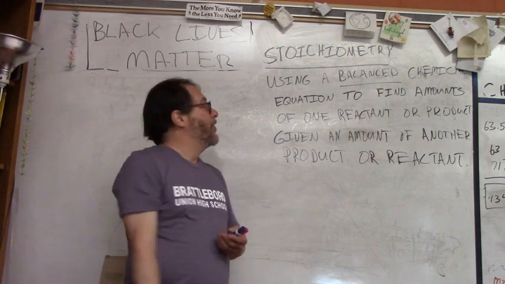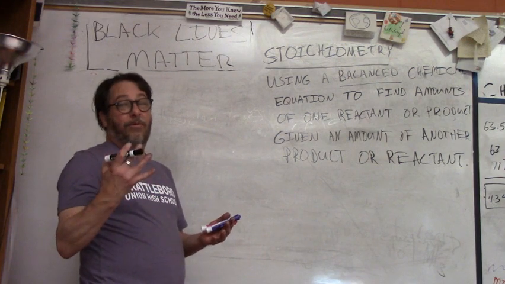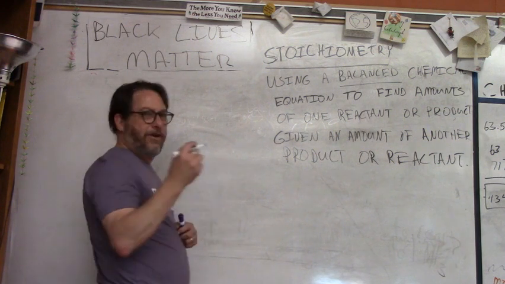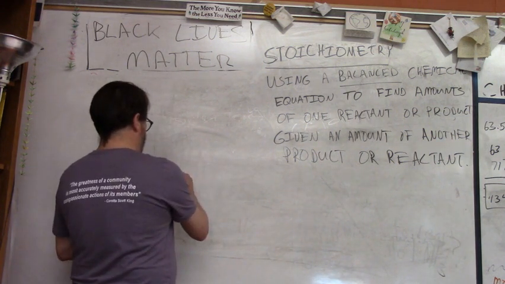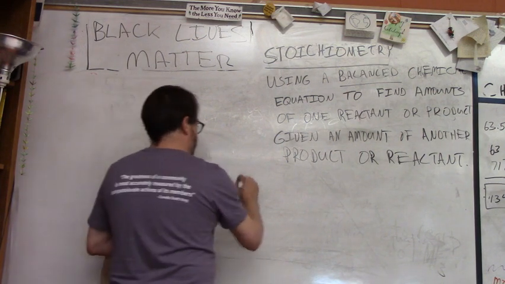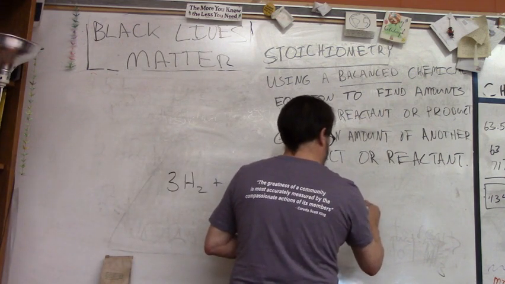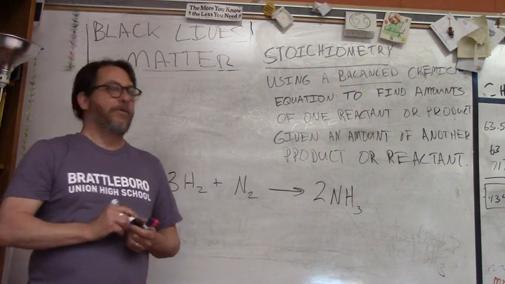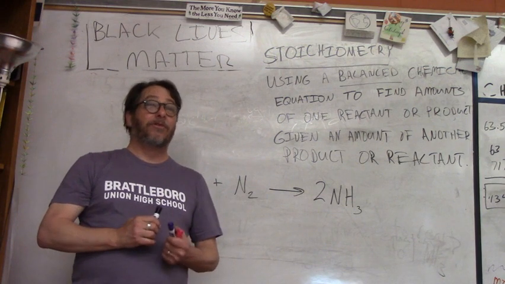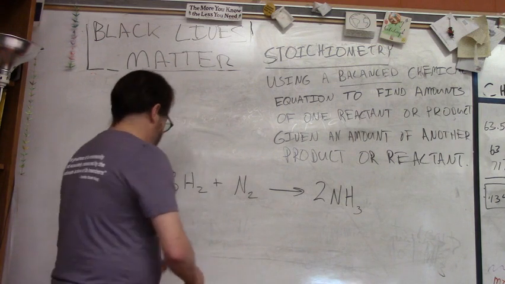Use a balanced chemical equation or reaction. Let's come up with one of those first. How about the one we started talking about yesterday: 3H2 plus N2 yields 2NH3. There's a balanced chemical equation for you. It's simple. And the kind of problems that you would get in stoichiometry ask you to go from one amount to another. So if I say,